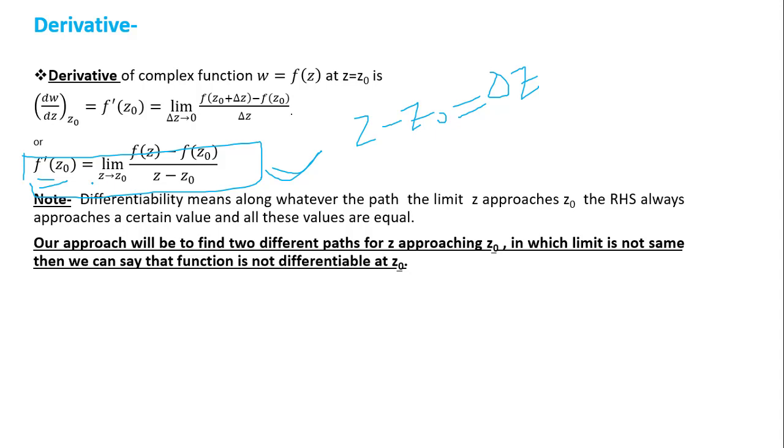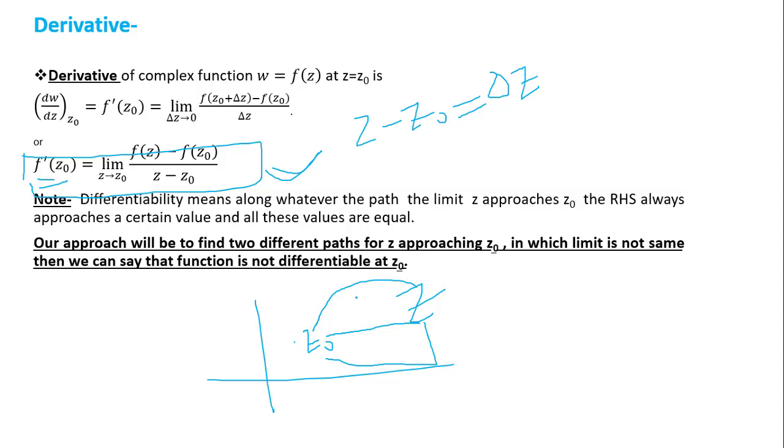To understand this, the limit as z tends to z naught has to be the same along all paths. All paths means, suppose this is my z naught and z is anywhere in the neighborhood of z naught. So z approaches like this, like this, like this, and we calculate the limit along all the infinite number of paths, because there will be infinitely many paths, and all of them should give the same limit. But it is very difficult to check infinite paths,